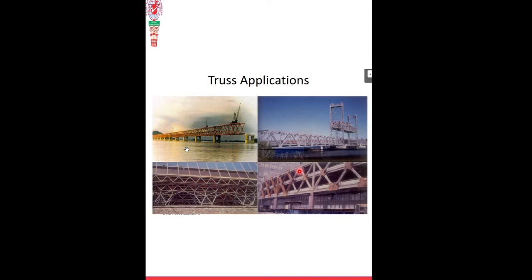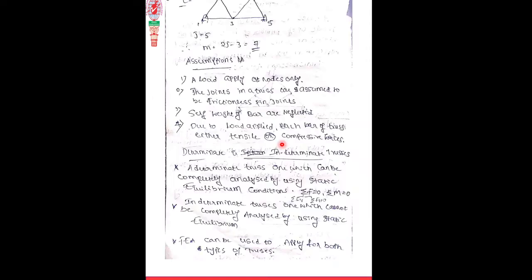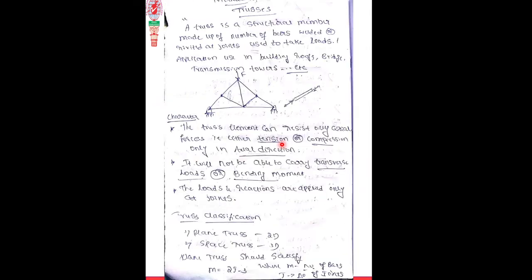And you've seen the mobile tower, correct? Eiffel Tower, have you seen the Eiffel Tower? The Eiffel Tower and all that is called a truss. It is made up of a number of bars like this, like bridges and all. These bars are joined, either welded or riveted, or as temporary joints. Usually welded or riveted joints are used to get a rigid structure. That structure is known as a truss.